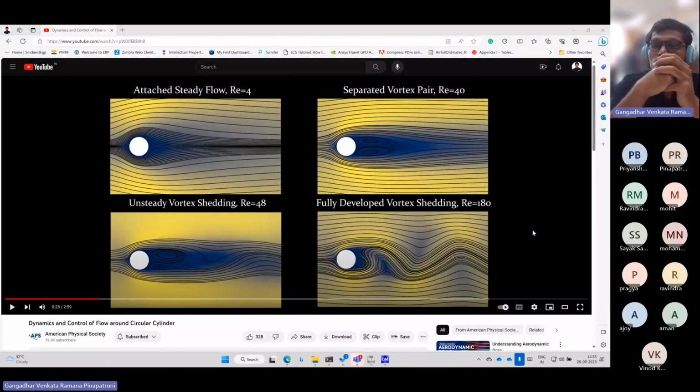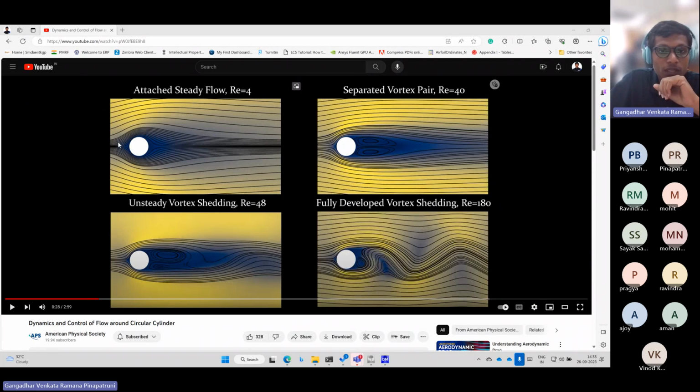So if you don't know the Reynolds number, you can have a look at its definition. It is defined as the ratio of inertial forces to viscous forces. Please go through the definition of the Reynolds number and look at its importance. The Reynolds number plays a very crucial role in the flow field around any object. So if you are giving very low Reynolds number flow conditions,